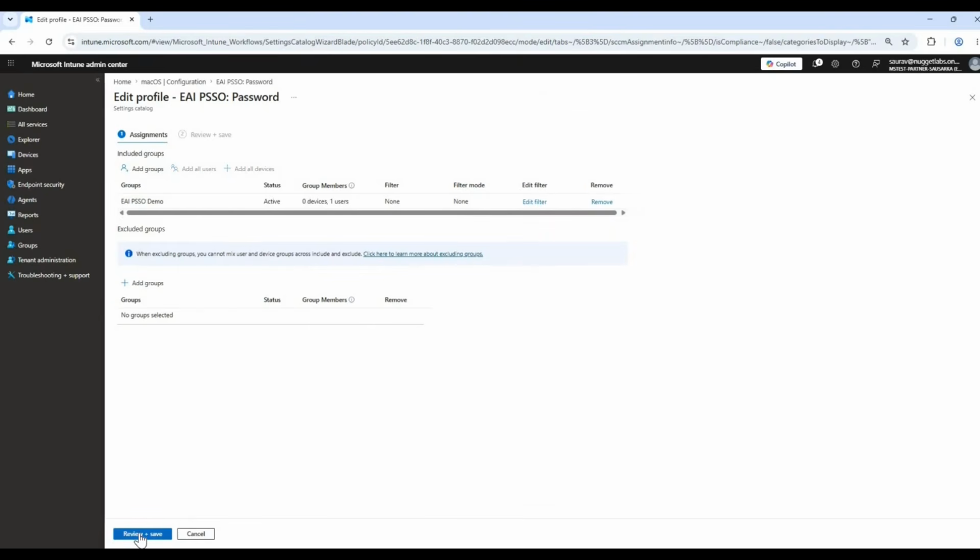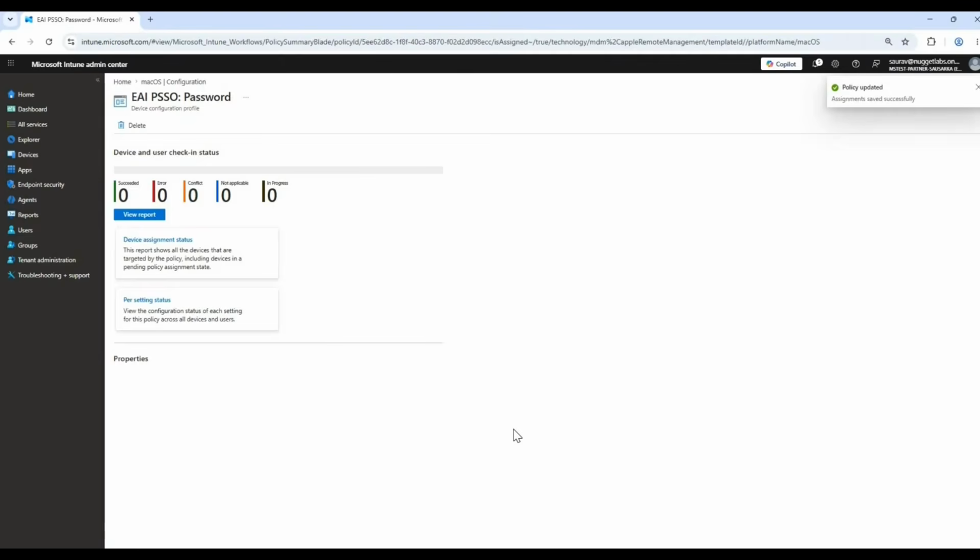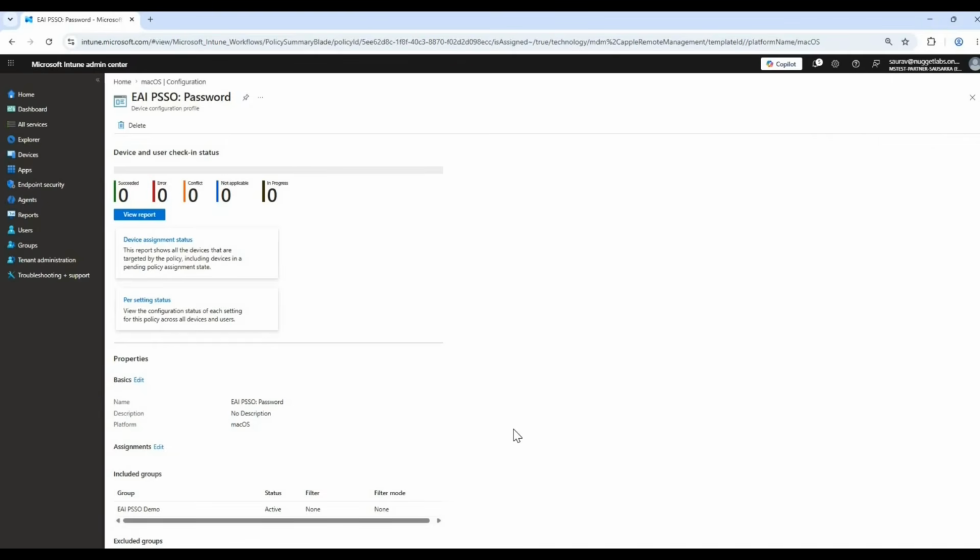All right, so it's assigned. Now we are good to go. So now very quickly, let's switch to the device. Now there is one very important thing that I would highlight when we are looking at the device experience, and